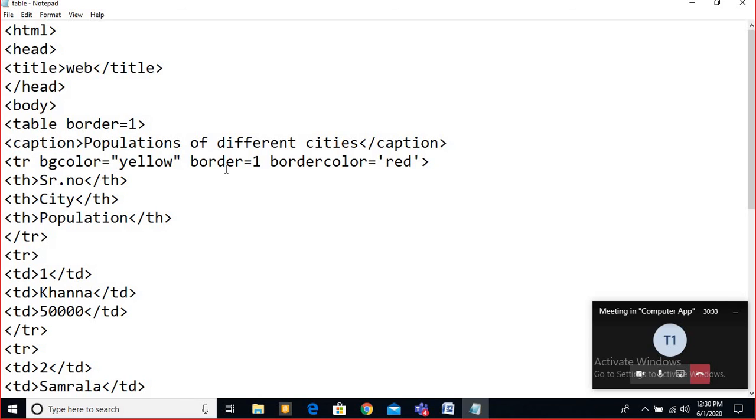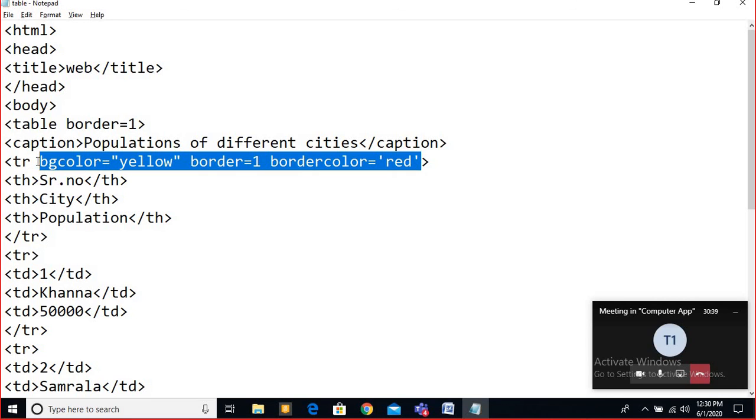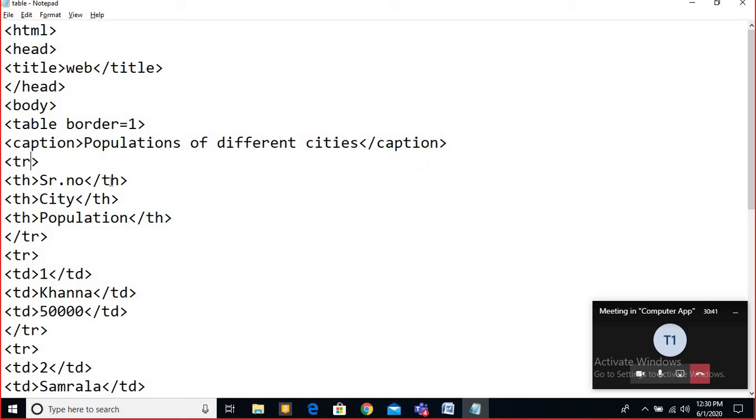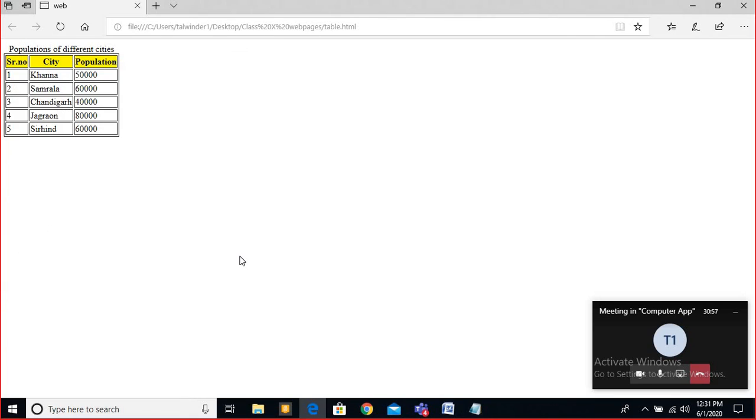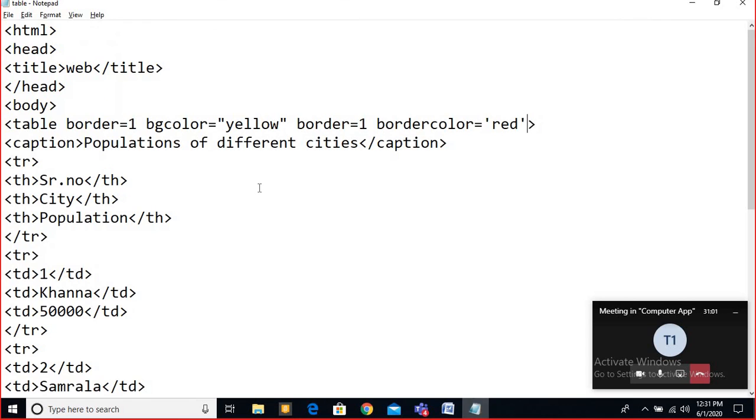BG color is there, border is there, and if I use this in the table, then it is coming, there is no problem in this. But when I use it individually, it gives errors. Why so?